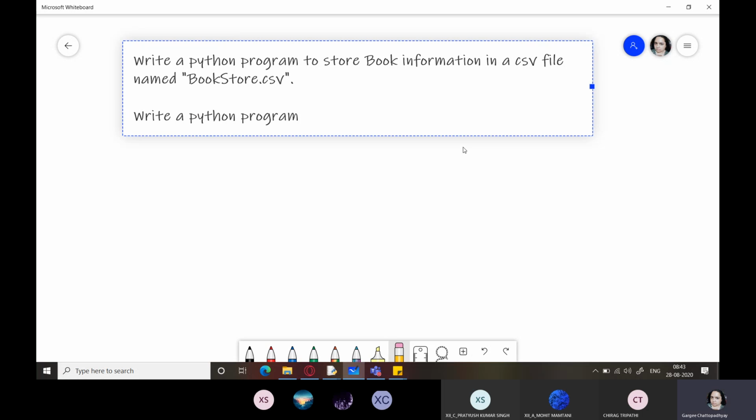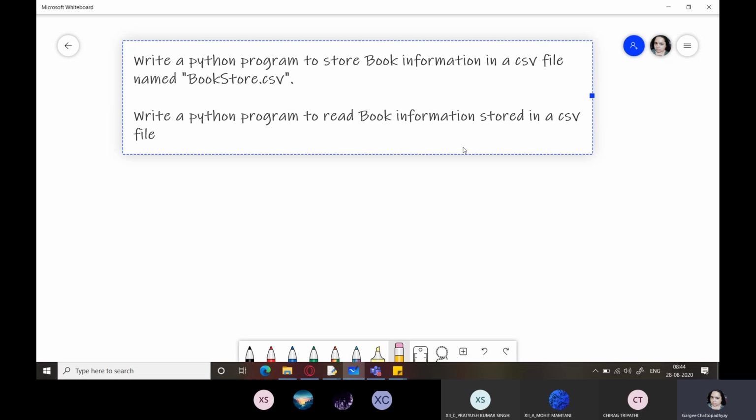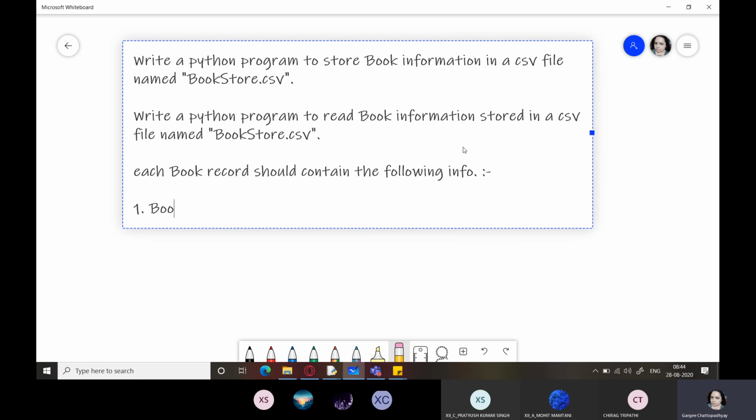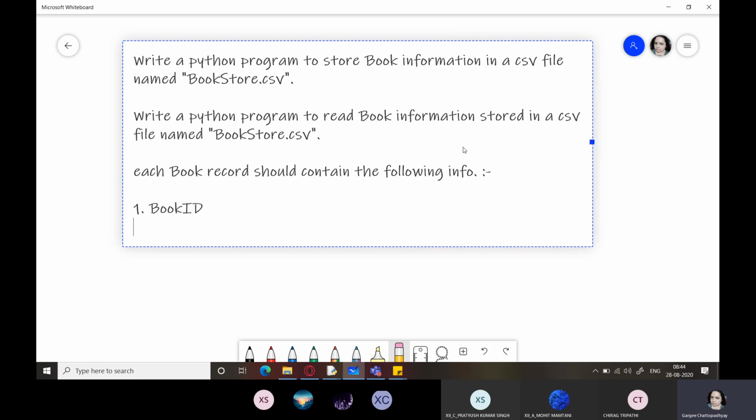Right now, you will be writing two separate programs to read book information stored in a CSV file named bookstore.csv. Okay, what should the book contain? Each book record should contain the following info. Number 1, book ID.